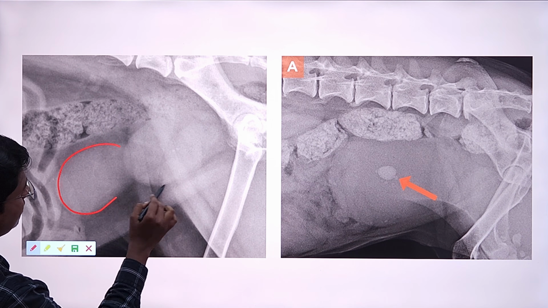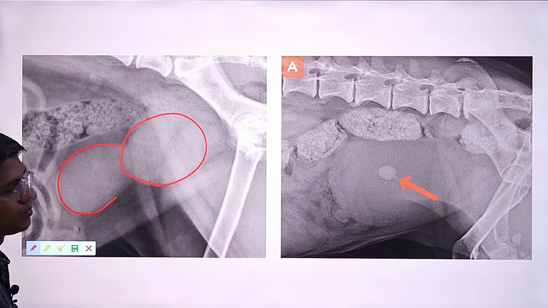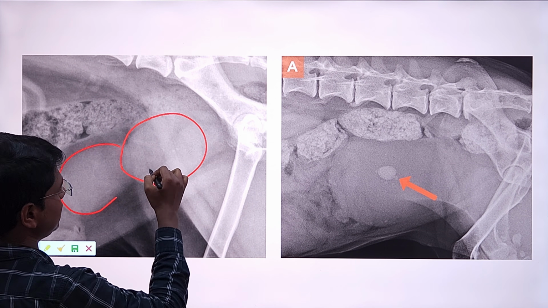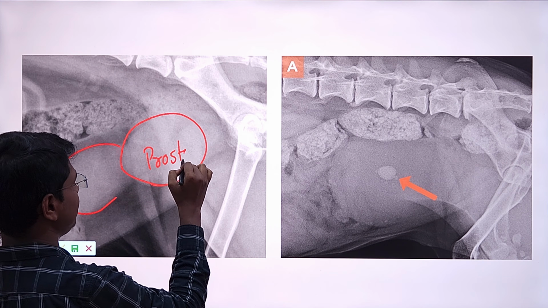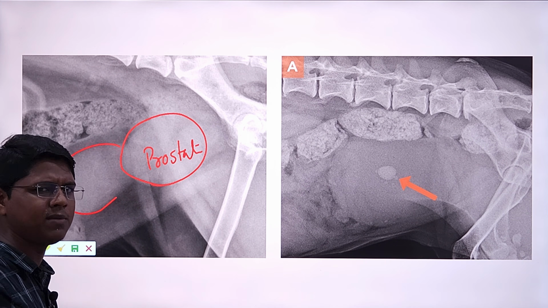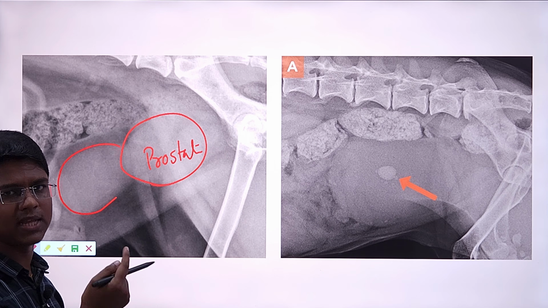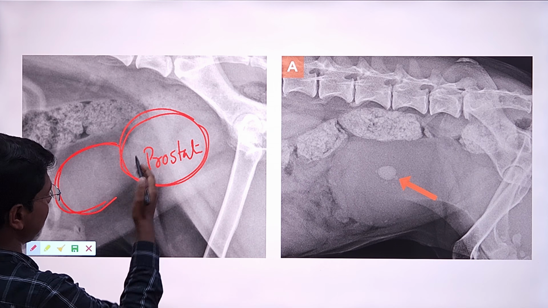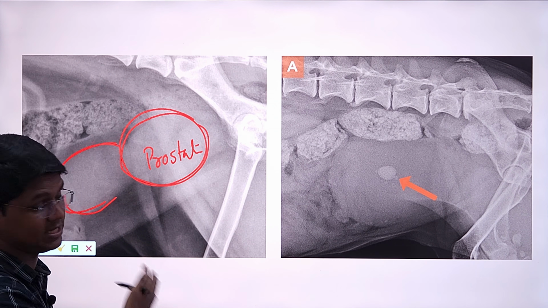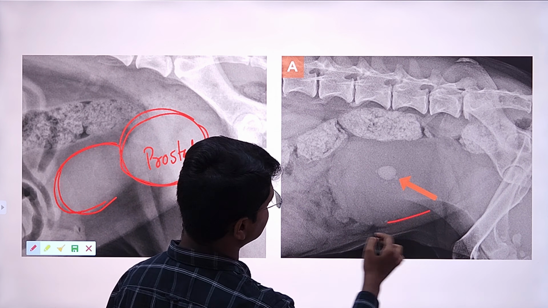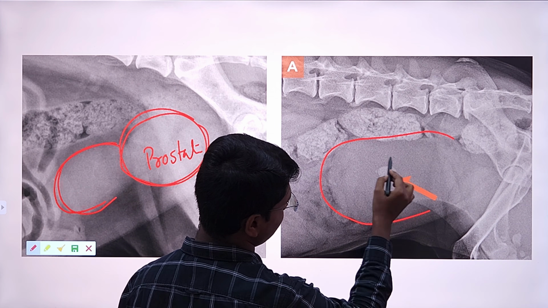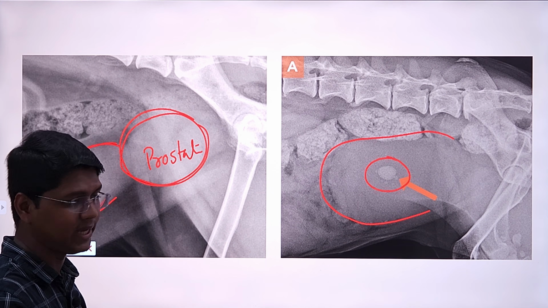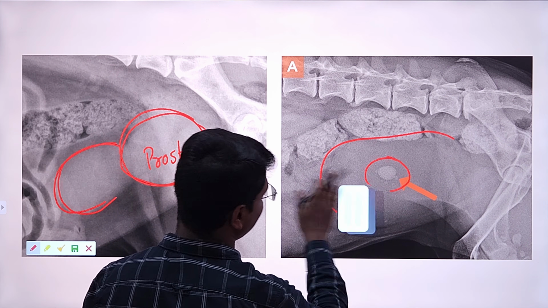This is bladder. Can you tell which structure this is? This is prostate. We will also discuss prostate in a different chapter. Due to prostate enlargement, it may be benign prostatic hyperplasia, it may be a prostatic cyst, it may be prostate cancer. When the prostate enlarges too much, the bladder will be cranially displaced. Here the bladder is slightly distended, and you will also find some mineralization, which is basically urolith. So these are some pathologies which can be found in